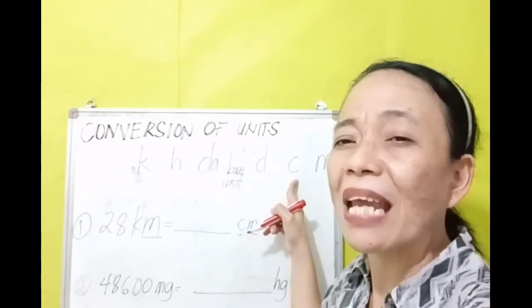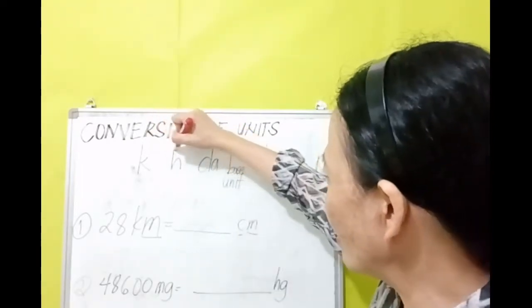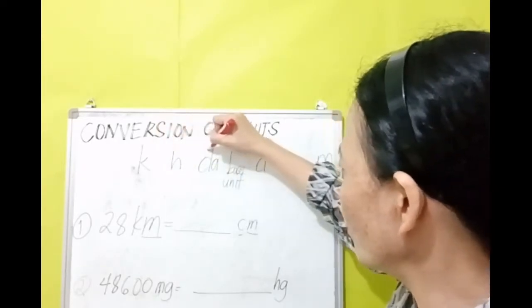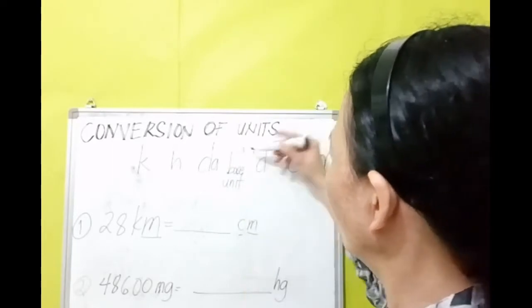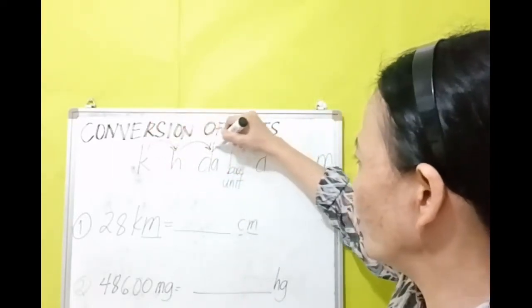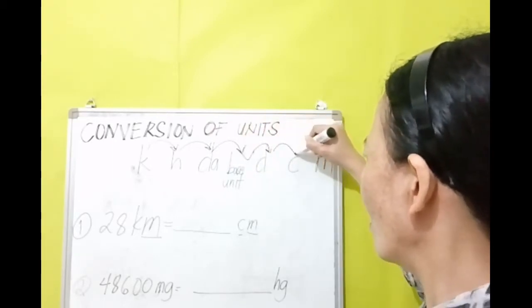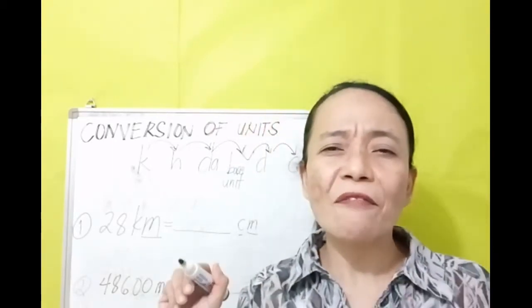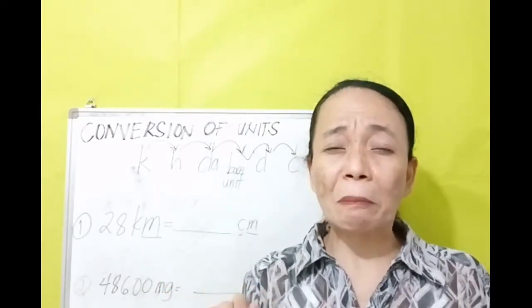So how many places will be moved? 1, 2, 3, again, 1, 2, 3, 4, then 5. So there are 5 decimal places